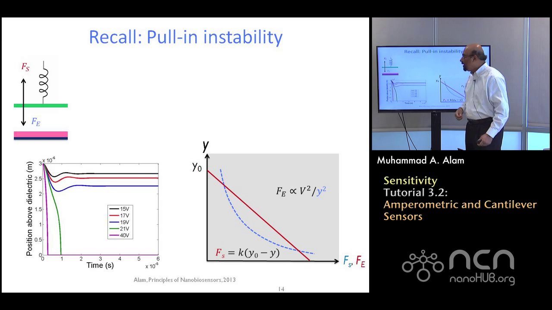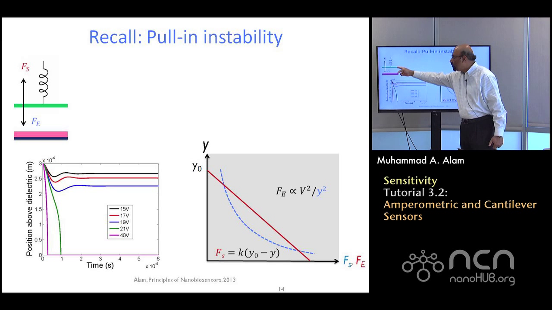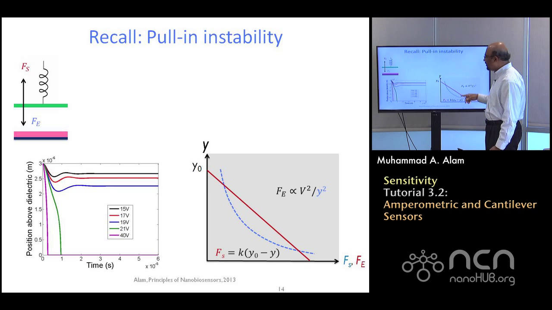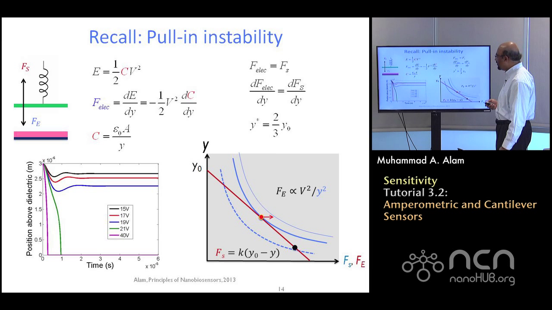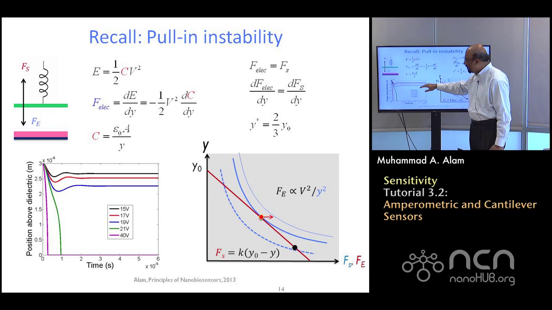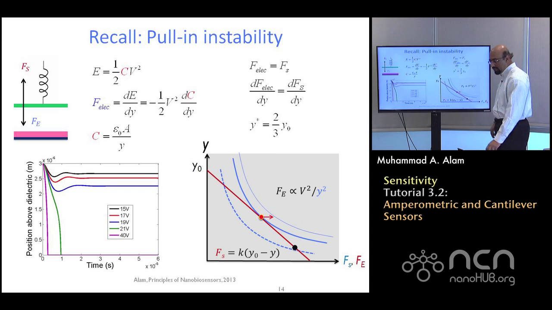Spring is trying to pull it in the opposite direction and electrostatic force is trying to pull it downward. And so we have to solve these two forces and the solution will give us the steady state position. But the only point I want to make, and this is something we have discussed, is that this critical point, beyond which you cannot, it is snapshot, requires two conditions. And this is something often in the beginning people miss.